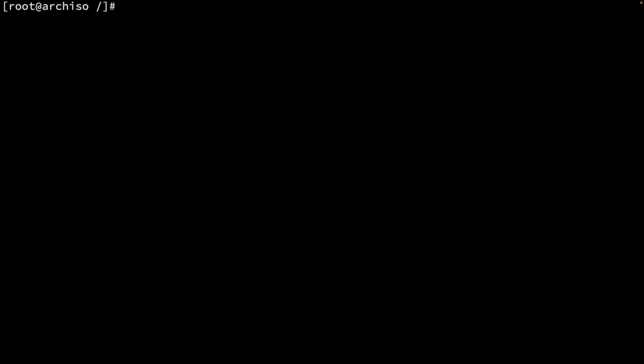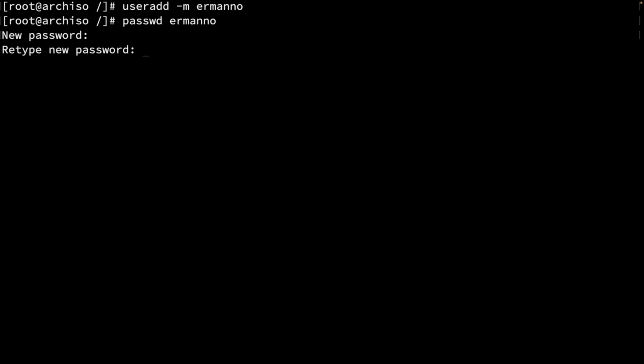The last step before we reboot our machine is to create a new user for the system, because as I said, I don't want to use the root user when I reboot. To create a new user, we have in Linux the useradd utility. There are many options for useradd. One of those is -m to create a home directory for the user. Then I'm going to define the username, which is hermano, my username. I can now give this user a password by typing in passwd and then the username and a new password,